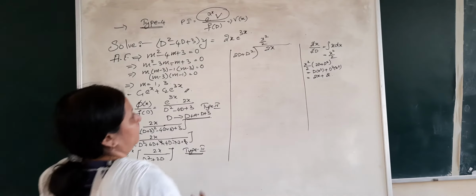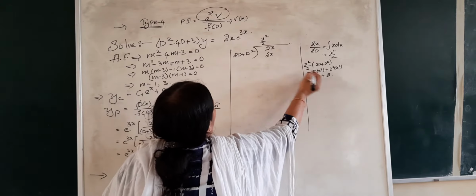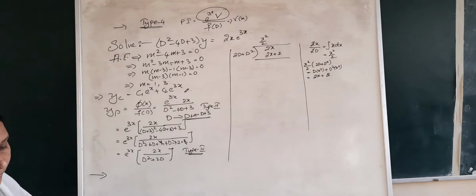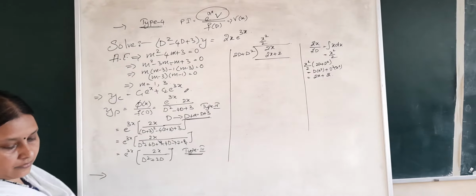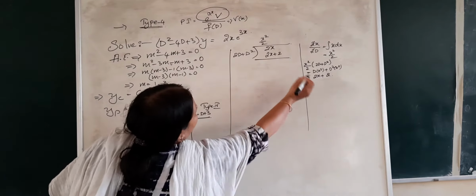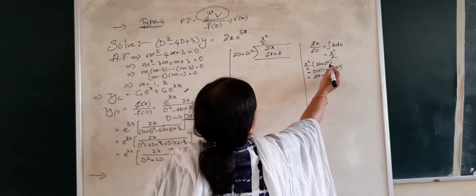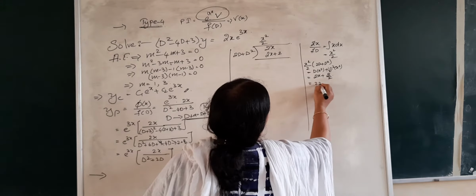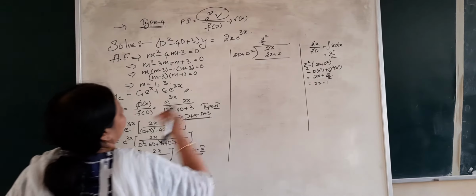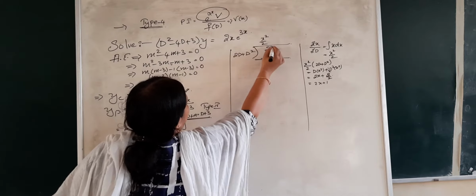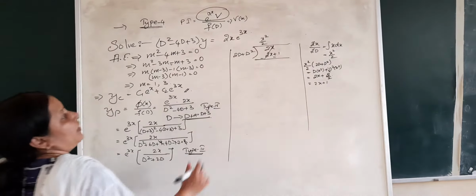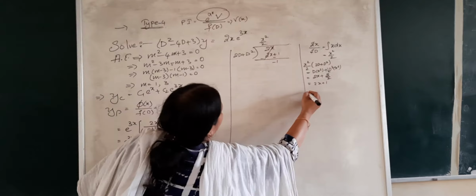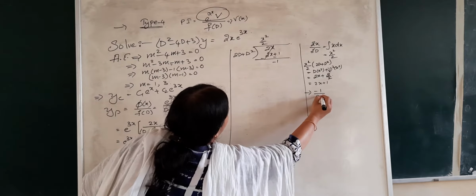So we can write it here, 2x plus 2. There is a 1 by 2 here that has to be considered. So it's going to be 1 by 2 times 2x plus 2, which is x plus 1. The first term and first term get cut by changing the sign in the second expression. So we get just minus 1 here, again minus 1 divided by, for the second step, 2D.